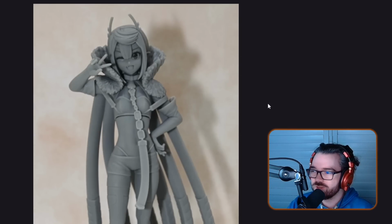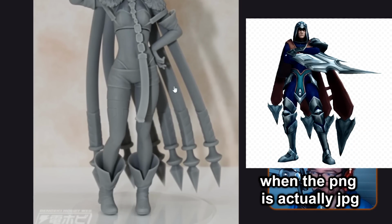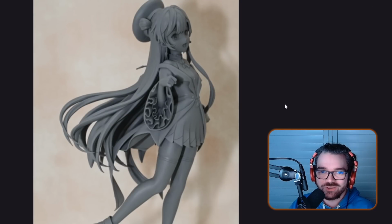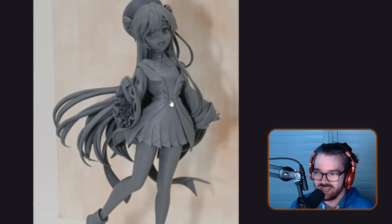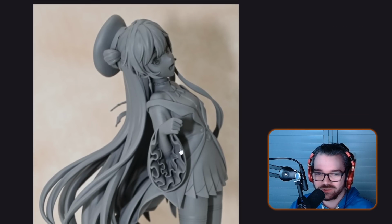I've run out of words to describe characters I don't know. This cape thing looks like Talon from League of Legends, and now that's all I can think about. This girl looks very cute. I like the hat. This outfit design just looks really spectacular in general. I'm a big fan of how this looks. I'm not entirely sure what colors she's going to turn out to be, but I think that sculpt looks really